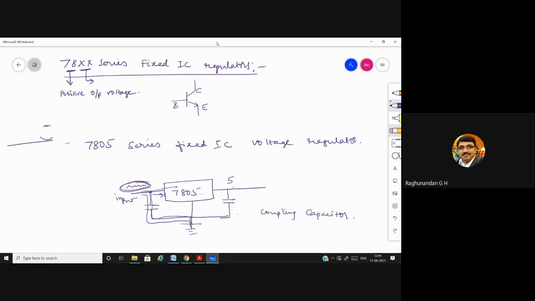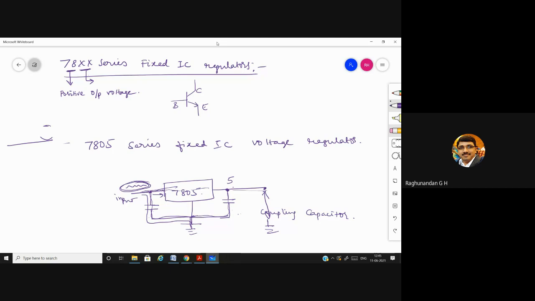Even after that, if there is some fluctuation because of some reason, say some AC current by chance escaped from this capacitor and entered here, we have one more chance to filter it. We have one more coupling capacitor here also, because we take the output in parallel. If you take the output here, that is also parallel. So here also it is going to filter out the AC signal and only the DC is given. So this is how the 7805 IC works.